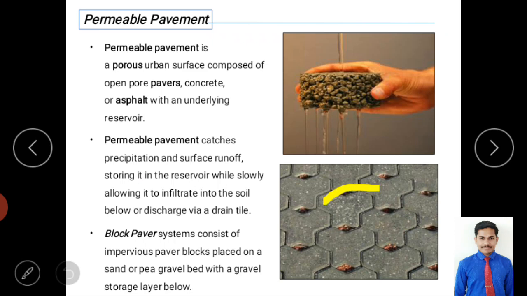You can see here permeable concrete blocks, T-shaped concrete blocks, but in between the concrete blocks we have small openings. So these are called permeable block pavers, right? It allows the infiltration, and mainly it deals with the storm water or surface runoff, right?